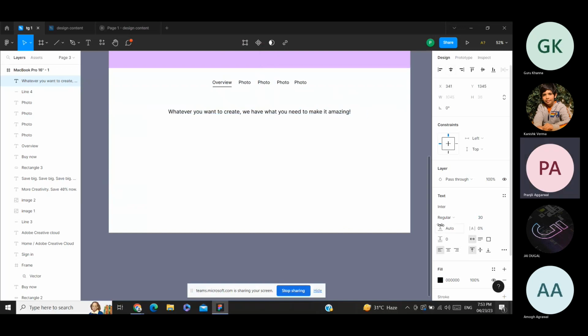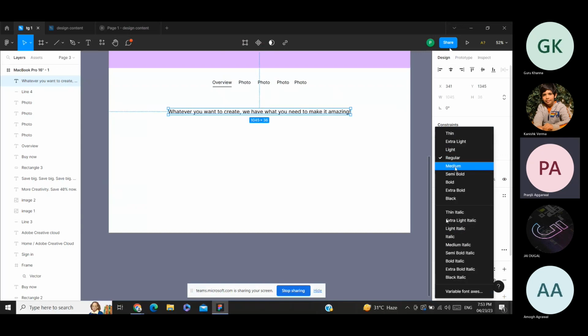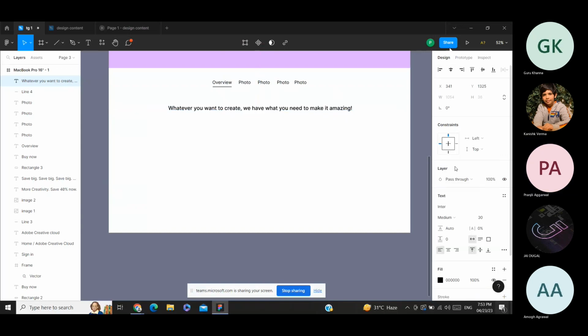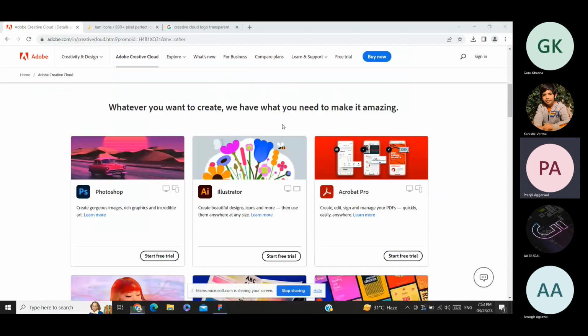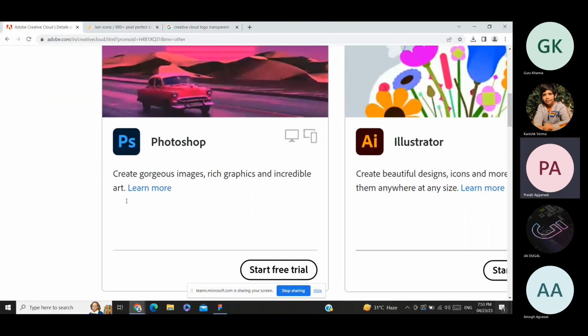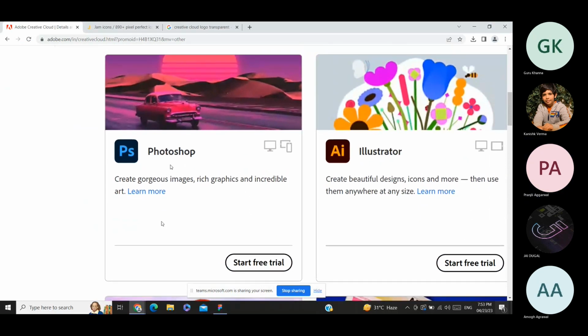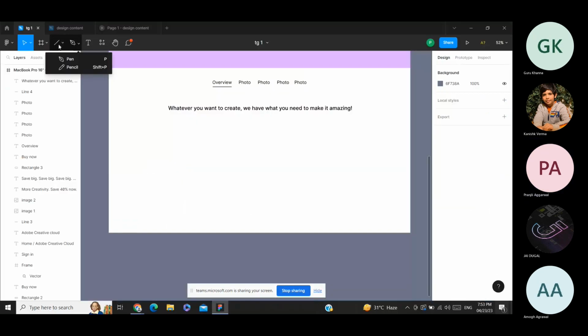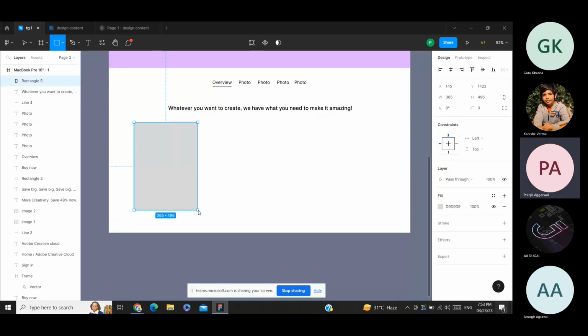Change the text size and the font. Then we'll create this card, this button card we have over here of Photoshop. We'll create this. So select a rectangle tool, create a rectangle,